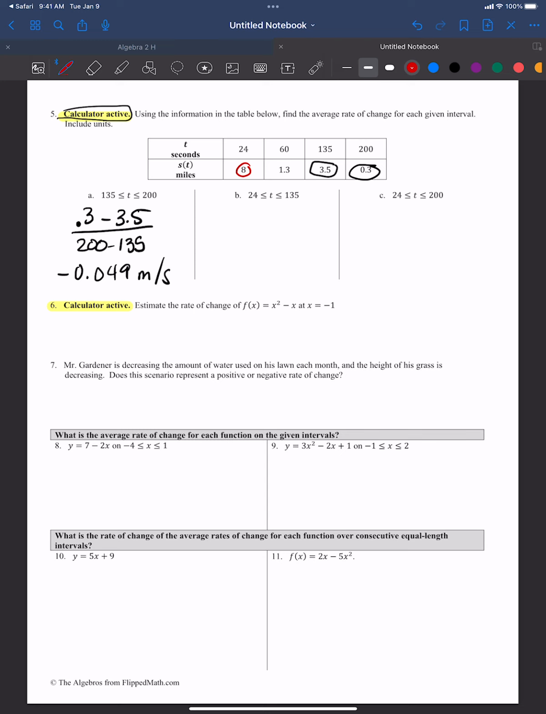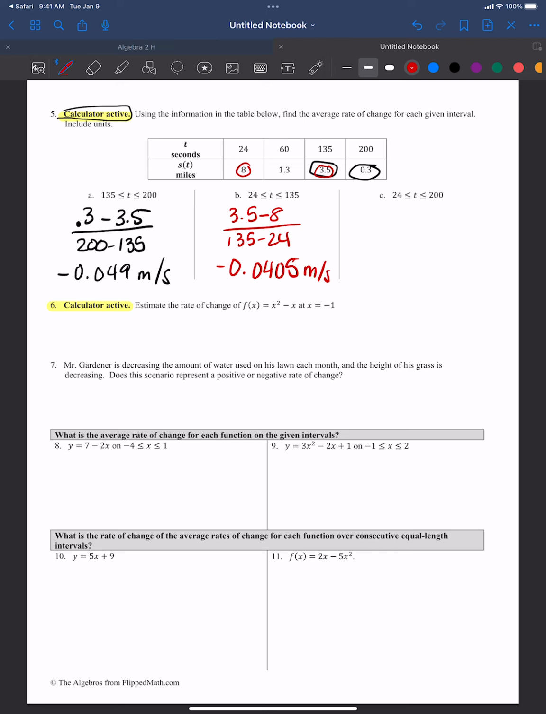Okay, and in the next one, again, it is going to be at 24, which is 8, and at 135, which is at 3.5, we already figured out. So let's do 3.5 minus 8 over 135 minus 24. Now you can have it in either order. It does not matter, just as long as your x value matches with your y value. So if you're using 135 first, make sure that the corresponding y is first as well. So that, when I plug that in my calculator, is -0.0405